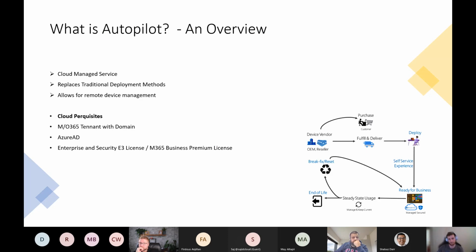So Autopilot is Microsoft's, I say new, obviously it's been around for a while now. It's their new deployment solution, which is replacing MDT and WDS. So effectively, you can take a device straight from the vendor, ship it straight to a user, and they can then sign in with their corporate credentials and have everything set up out of the box, ready to go within